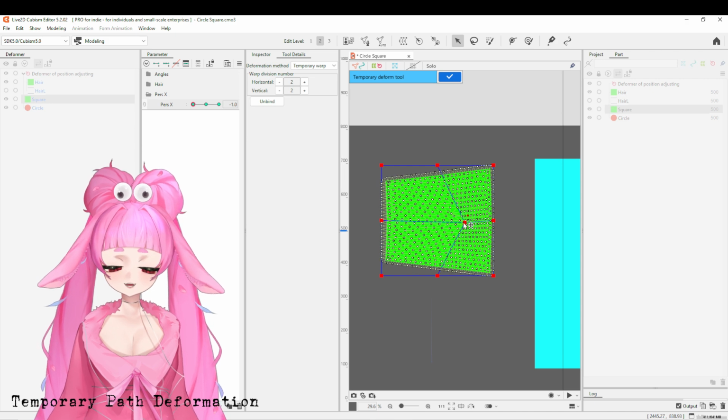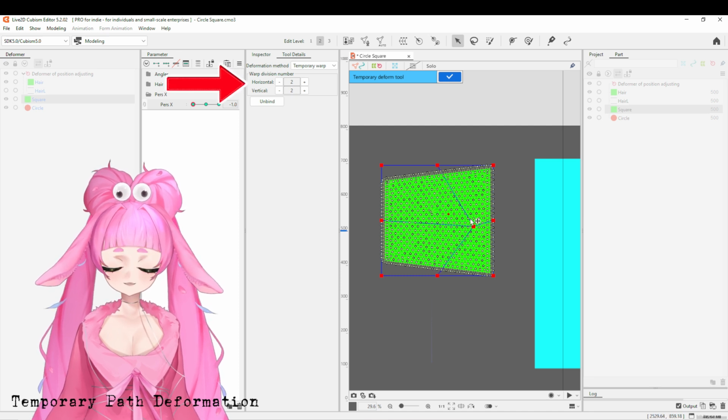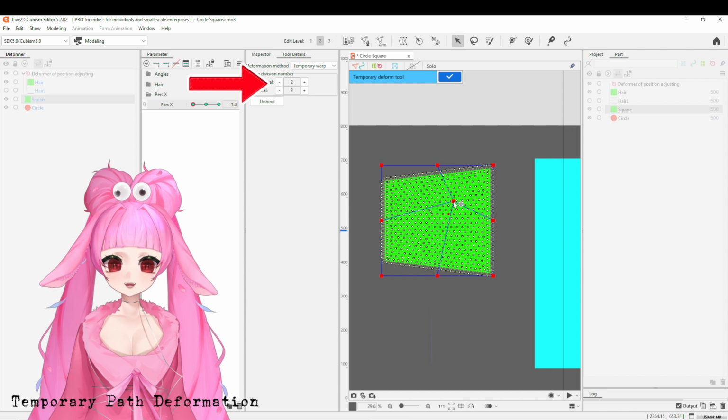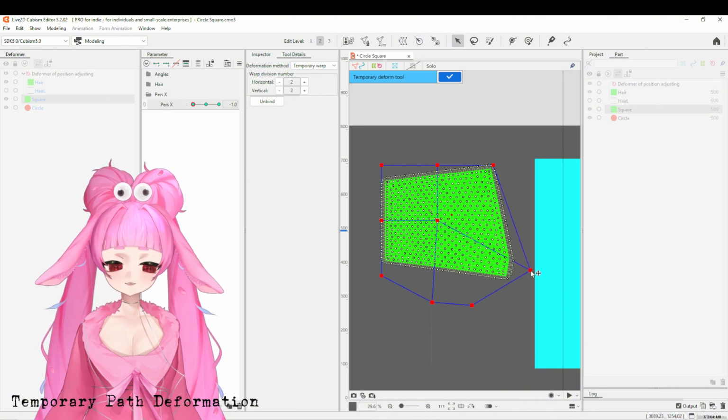To move a control point independently, hold Ctrl while dragging. You can adjust the grid's complexity by changing the number of columns and the number of rows in the Tool Detail palette. Having achieved the desired deformation, confirm the changes by clicking the green checkmark or selecting Unbind in the